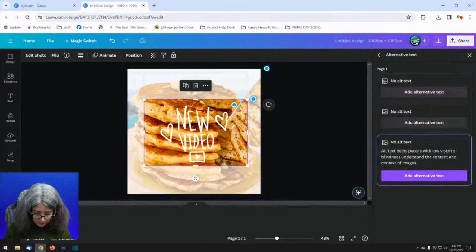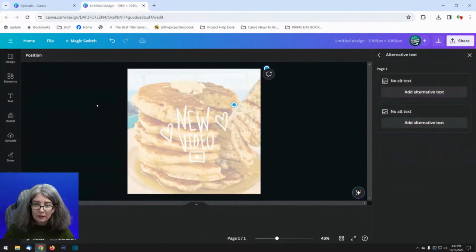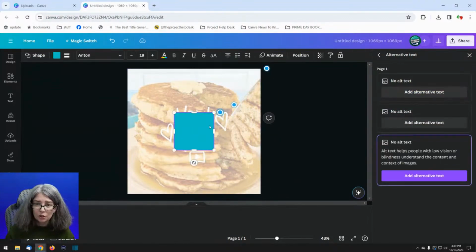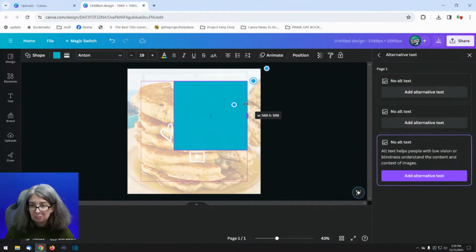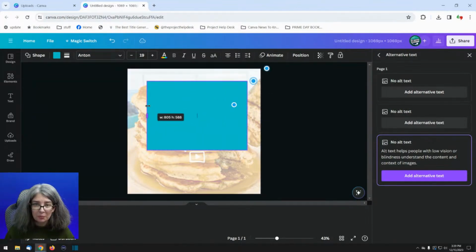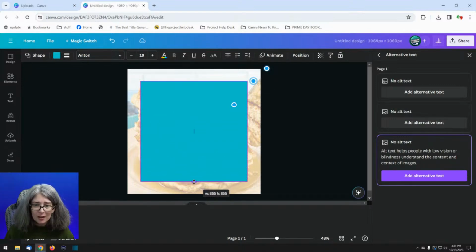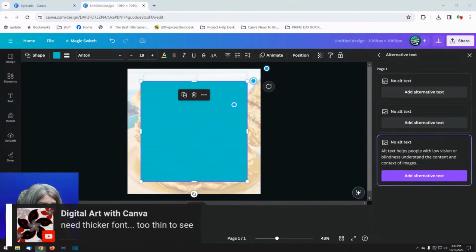Okay, let's get rid of this. And then we're going to do a big, just a shape. Oh, we can use that new gradient border. This is how I learn, guys. I just play around.